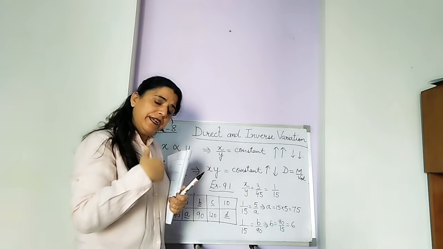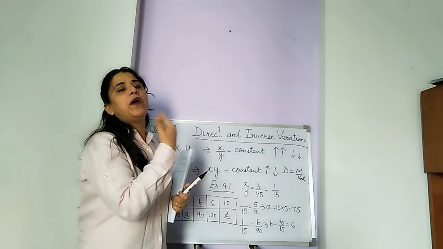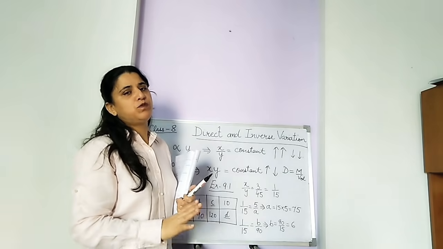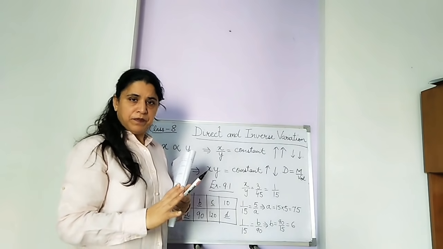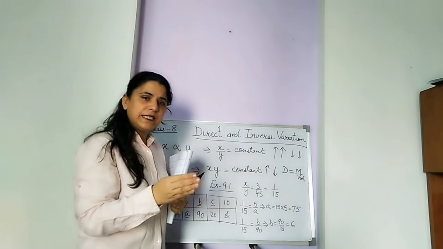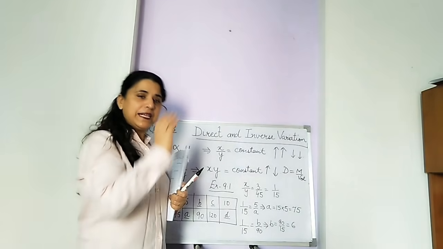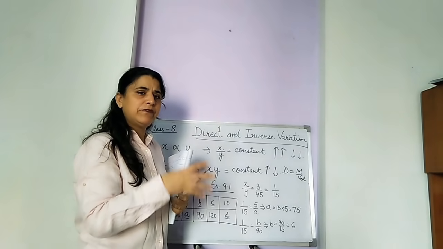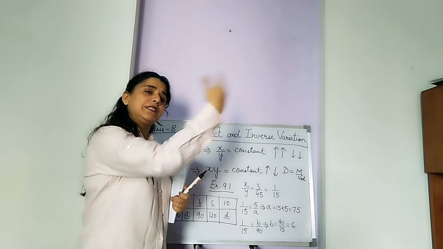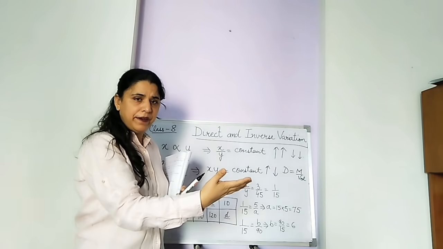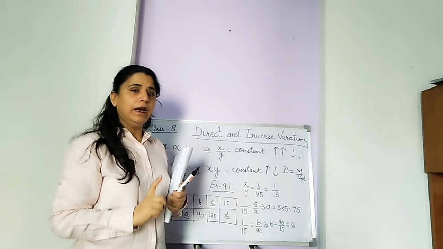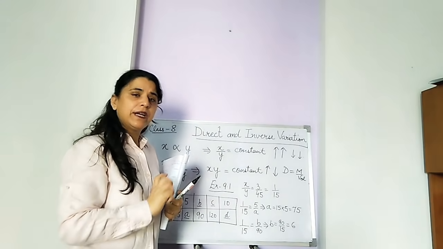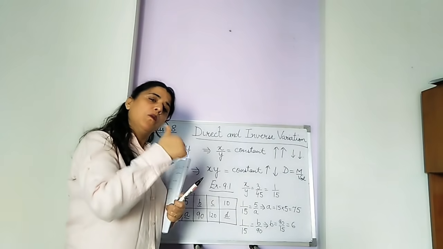But if I want to get it done in fewer days, I need to appoint more laborers. More laborers are to be appointed if the work has to be done in fewer days. So the more the laborers, the fewer the days they take to do the same work. And with fewer laborers, if some laborers go home for Holi or some festival, then the work will take more time to be completed. But the work is the same. Clear? So the number of laborers and time are always in inverse variation. More the work, fewer the days. Less the work, more the days.